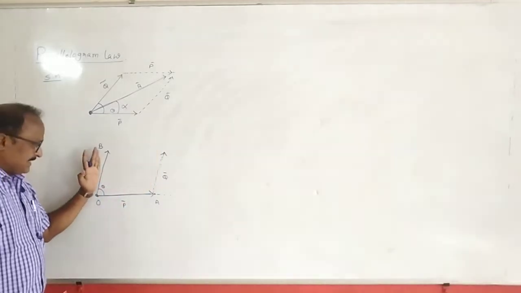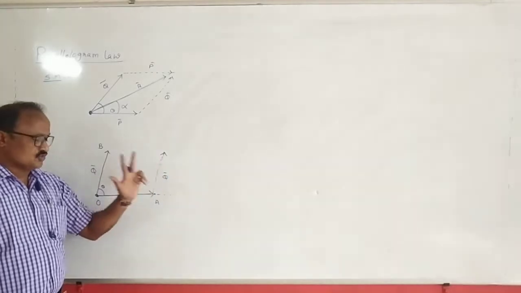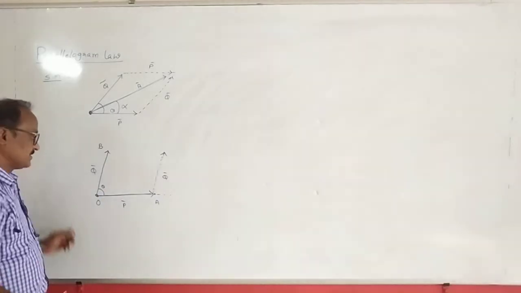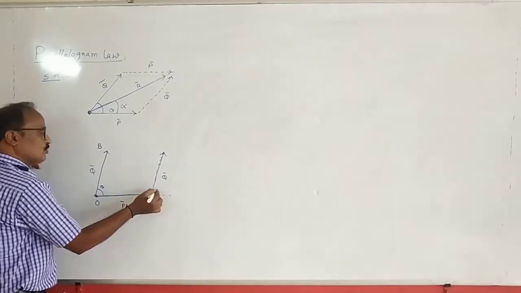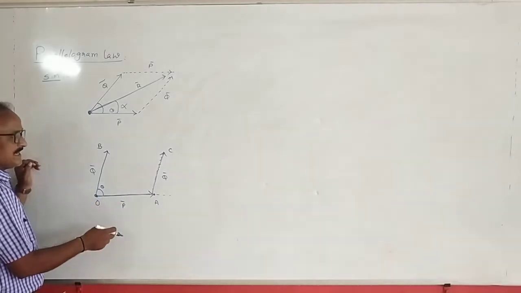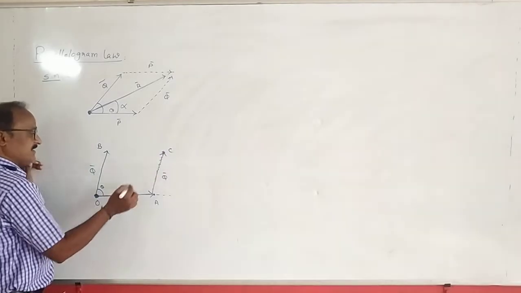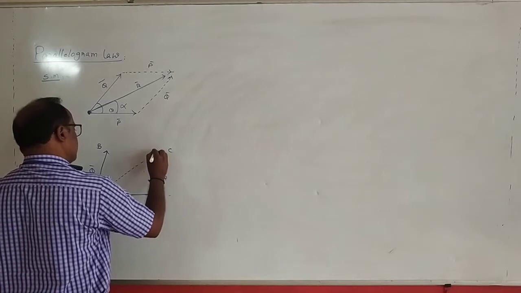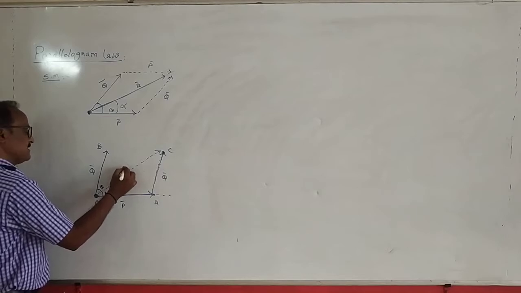Because a vector displaced parallel to itself has no change in direction as well as magnitude. Remember the point. Here, it is the first vector and this is the second vector. It is also equivalent to q bar, and this is AC. The AC bar is equivalent to q bar. Finally, the initial point of the first vector is joined with the final head of the second vector by a straight line. This gives the resultant of these two vectors both in magnitude and direction.